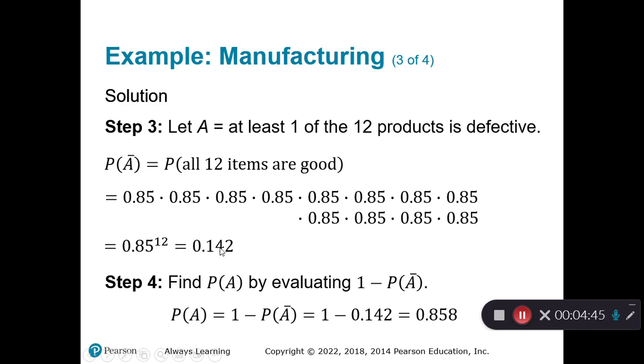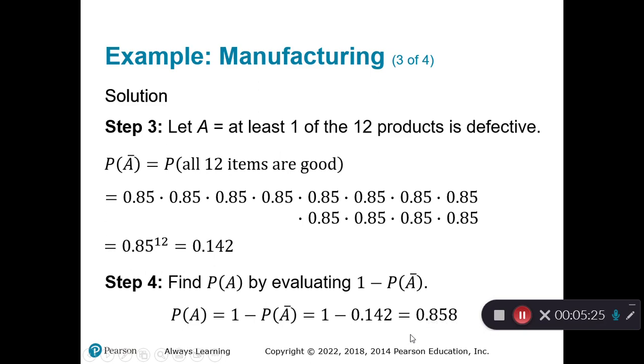is 0.142. So again, this number right here is the probability that all 12 of these selections have no defects. All 12 are good. The probability that we're being asked for, however, is that we get at least one defect. Well, the probability of getting at least one defect is 1 minus the probability that there are no defects. 1 minus the probability that all 12 are good. So 1 minus 0.142 will give us the desired probability, which is